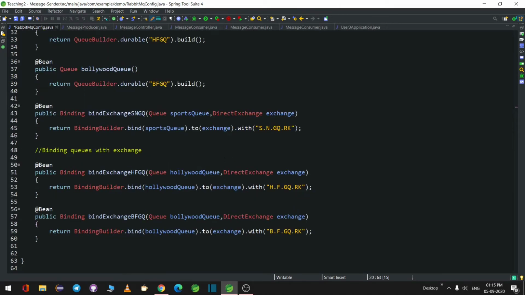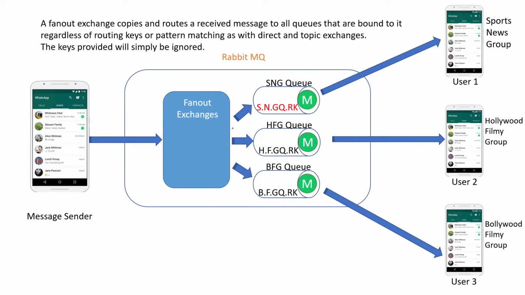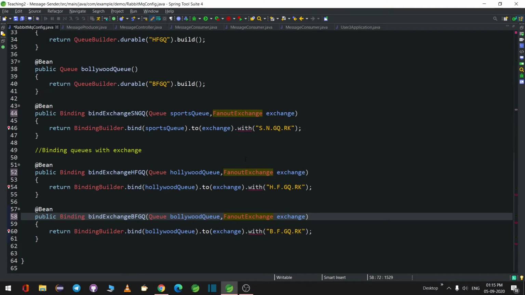So here also we have to change direct exchange to fanout exchange. As I explained in my previous tutorial, fanout exchange does not depend on the routing key. So there is no need to pass the routing key. Okay. Let us go back and remove the routing key.